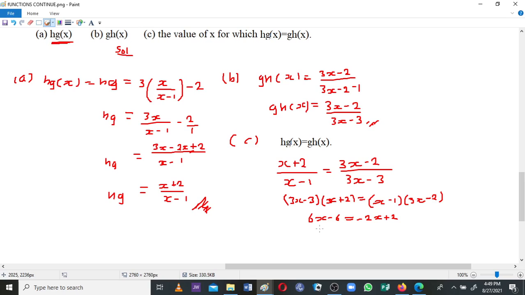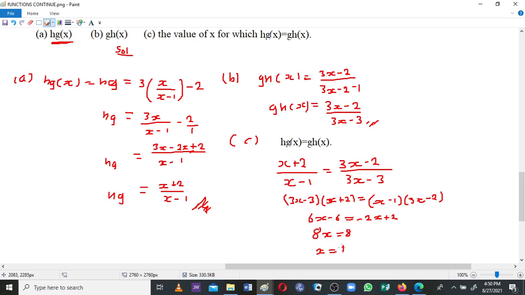Now if you divide both sides by 8, you're going to find the value of x to be 1, right? So we have found the value of x for which the combination function gh(x) is equal to